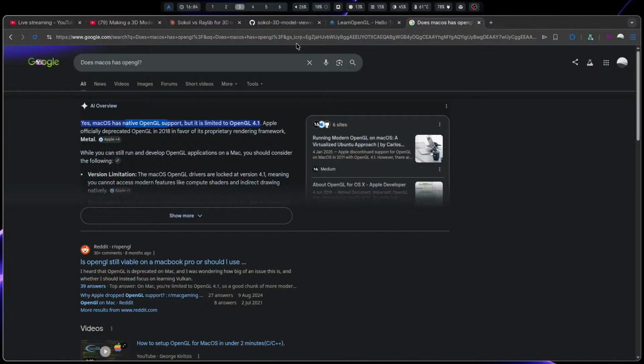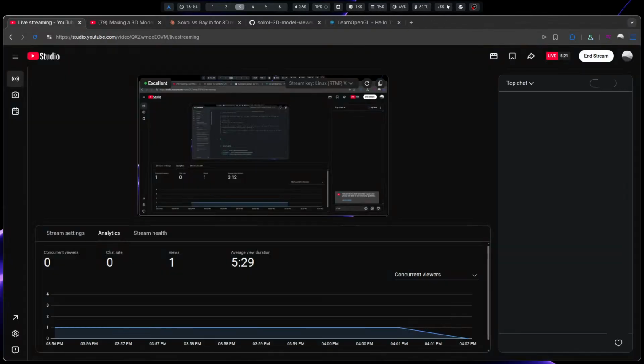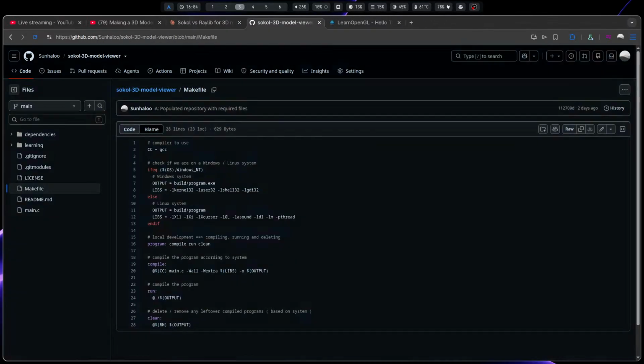So it's going to work. It's going to be cross-platform. Well, this is what I was trying to say. It's going to be cross-platform. So if you take the current application right now on GitHub,